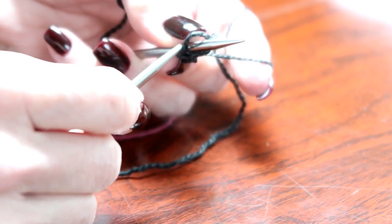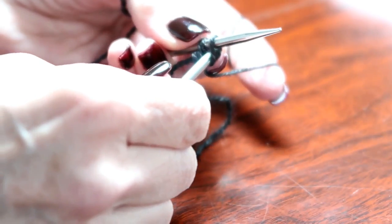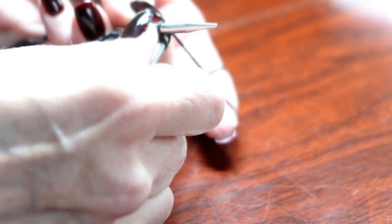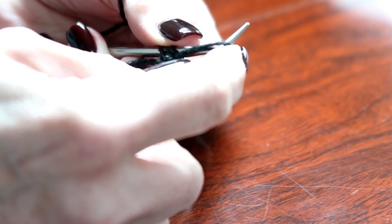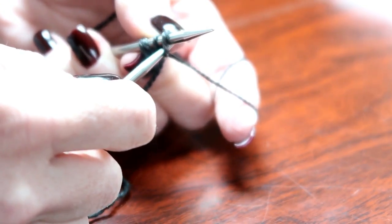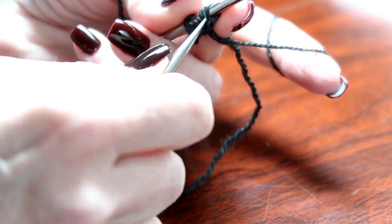Now I don't tighten it down until I get my needle back in between, and then you can tighten it down, but you want to make sure that your needle is in between the last 2 stitches, go around, pull it through, and place it onto the end of your needle, just like that. I go right back in between, tighten down my stitch, knit it, oops, I just dropped it. So we're going to go